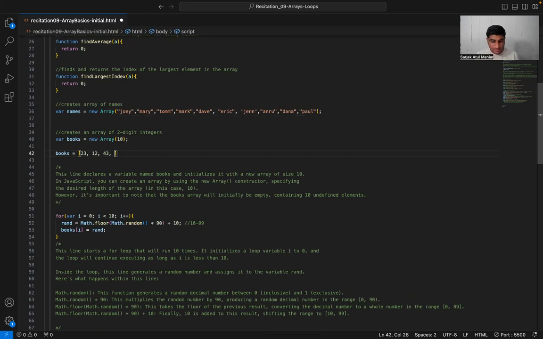43, 28, 32, 61, 16, 19, 24, 33, and what else? Let's say 14. Okay, cool. So these are just 2-digit numbers, and the size of this array is 10, for example. So what we actually want to do is, if we have this names array over here,